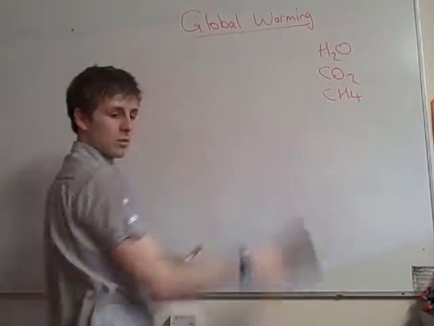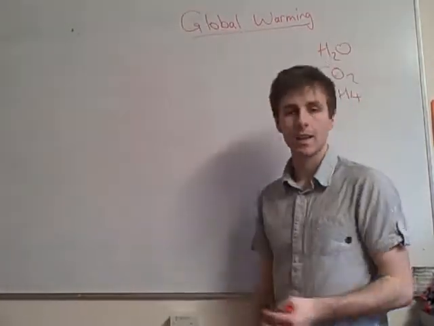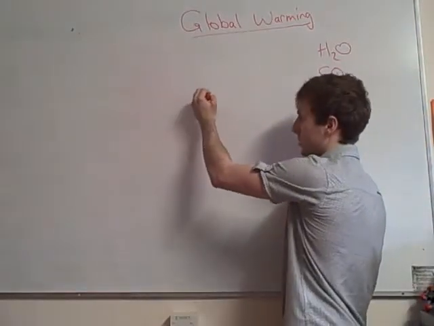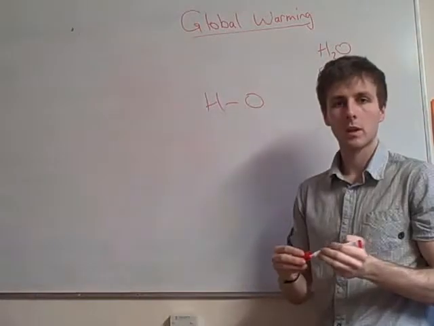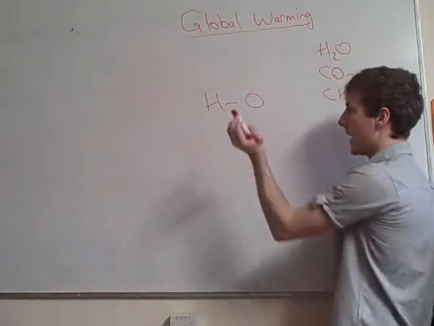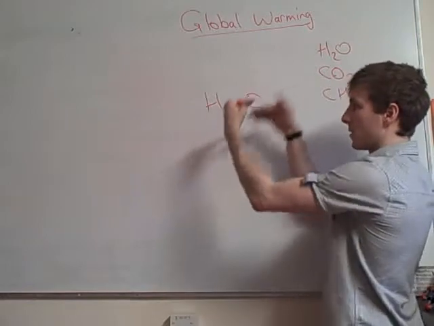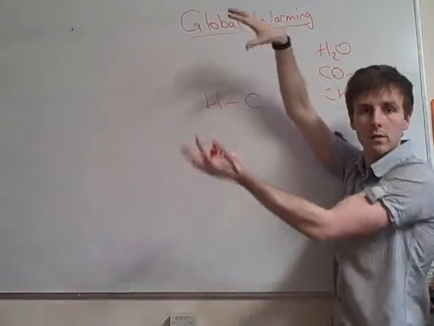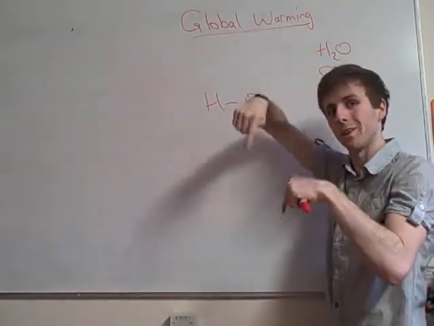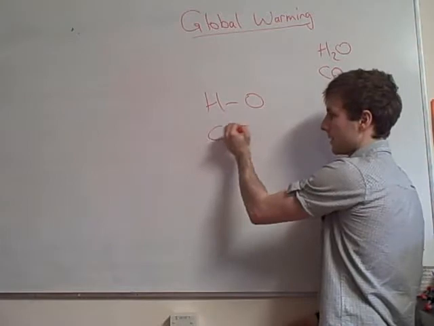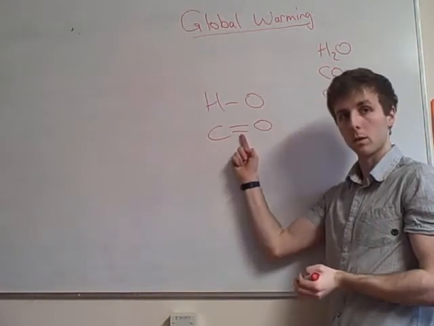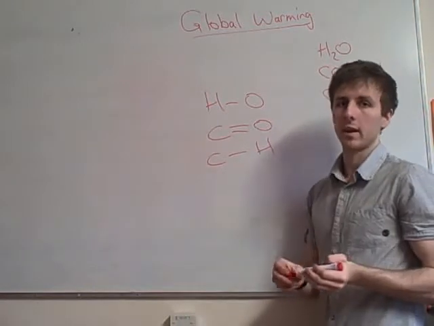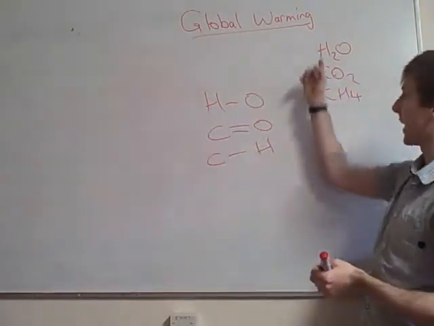So these are our three gases, and what I said is they absorb radiation, and the specific bonds which do that are as follows. In water, it's your OH bond. So the radiation, infrared radiation, hits the bond, gets absorbed, makes it wiggle and vibrate faster, and then eventually will get given out in a random direction. Could be up, but more importantly, it could be down. We've also got our C=O bond, don't forget that's a double bond, on our carbon dioxide, and our CH bond on our methane.